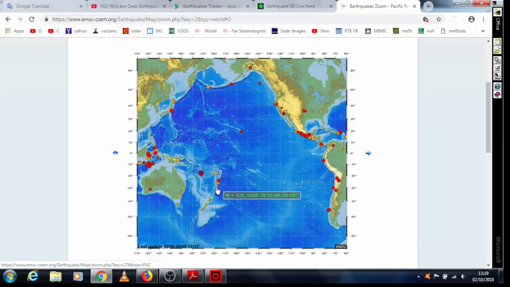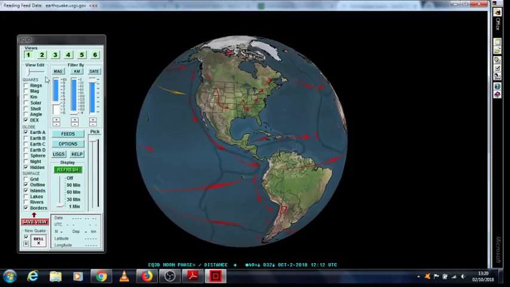So to work out how to forecast, you have to know where your deep earthquakes are, and then you work out from where they are, follow your arrows, and then look for silent zones. To find silent zones, you follow your arrows. So if I try and get this on my software to work,